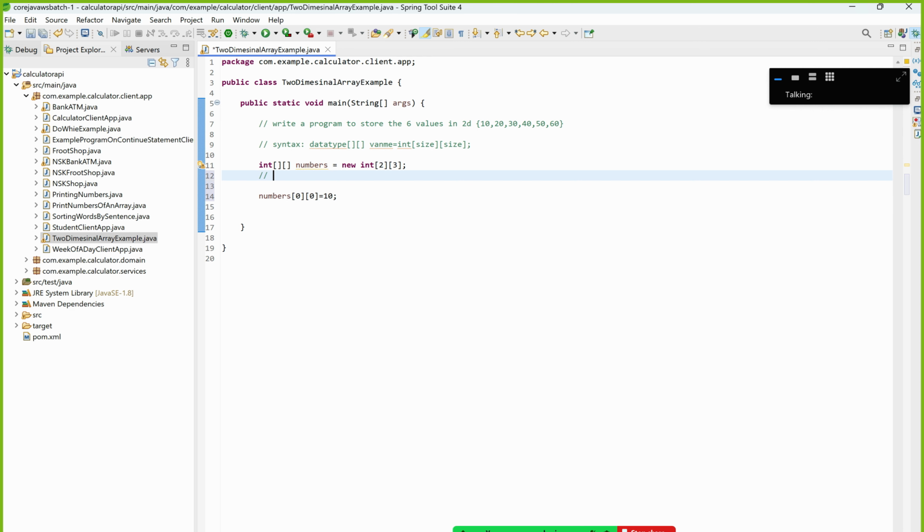Here I'll write the row size is 2, right? It will be created 2 rows, numbers of 0 and